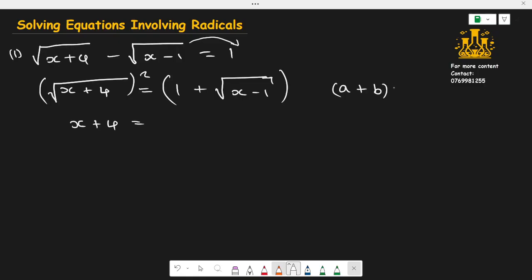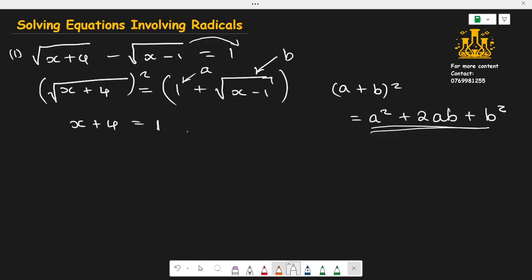We know that when we square (a plus b) inside the brackets, what we get is a squared plus 2ab plus b squared. So we can think of 1 to be our a and this other part to be our b. Replacing in this formula that I've written here, we're going to get 1 plus 2